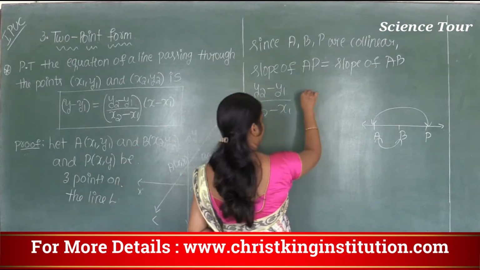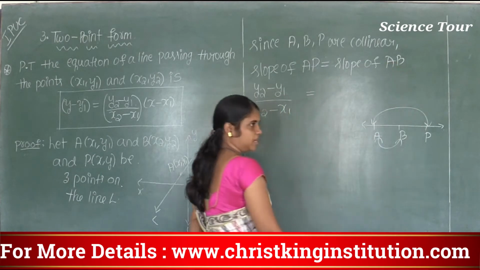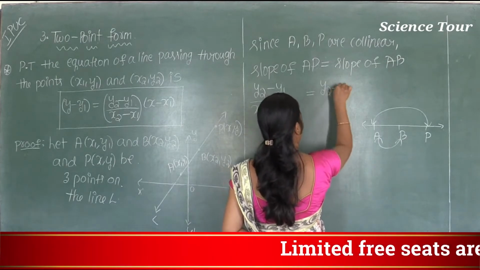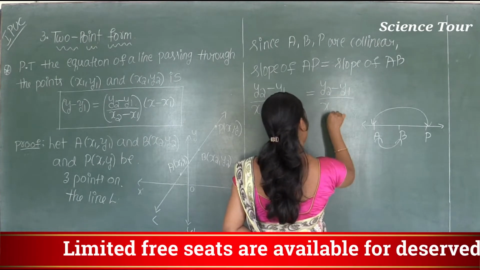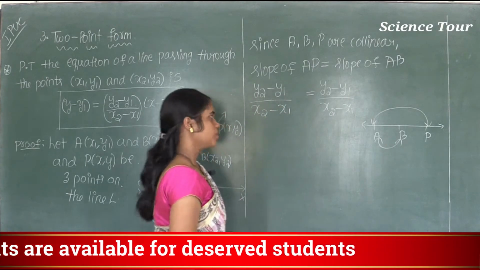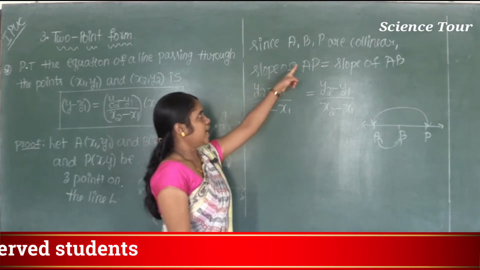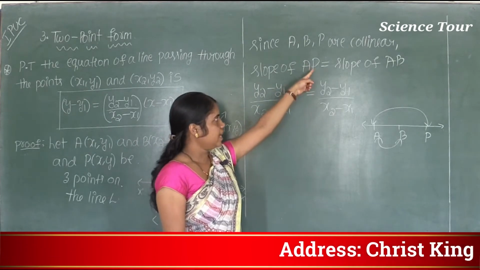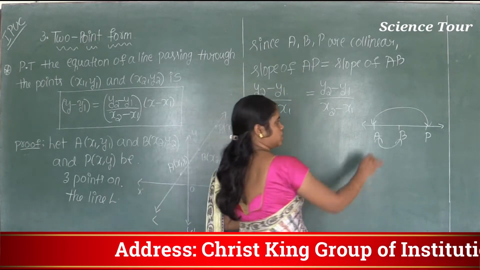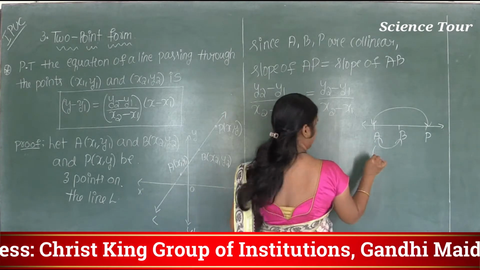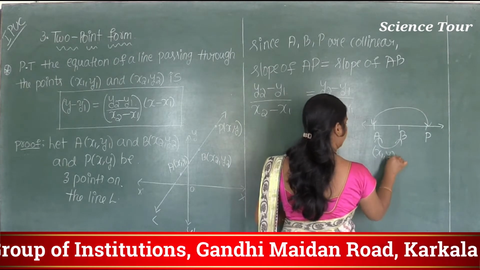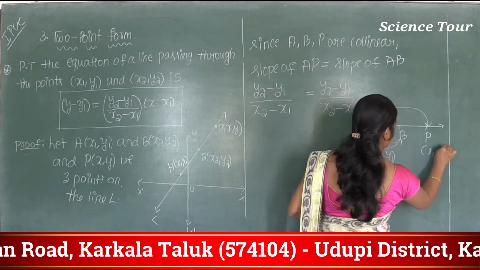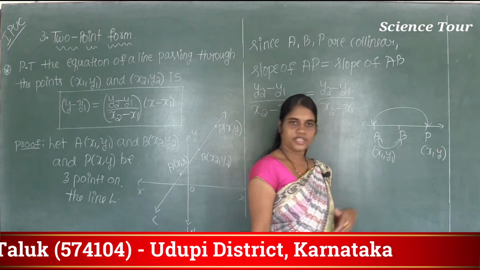By the same way, how to calculate the slope of AB? Again, if we have 2 points, then which formula will we use? y2 minus y1 by x2 minus x1, isn't it? See students, while you are calculating the slope of AP, which 2 points do you have to consider? Point A and point P, isn't it? What is the coordinate of point A here? x1 comma y1, and another point P, what is the coordinate of point P? That is x comma y. I have to consider these 2 points.